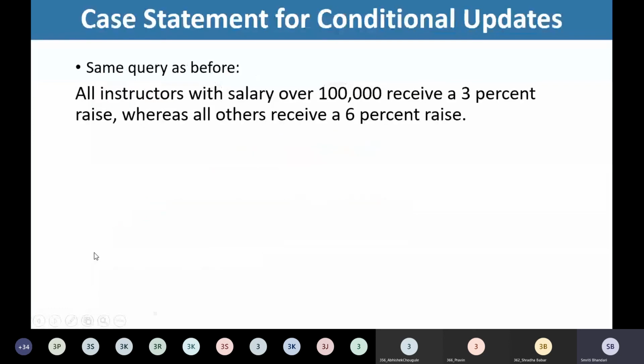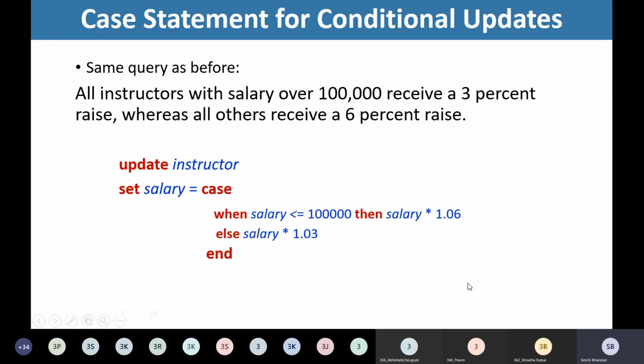The alternative way to write the same query is by making use of some other construct, and that construct that I am going to demonstrate right now is the case. If we have two different cases, like if instructors have salary greater than 1 lakh, increase the salary by 3%, otherwise increase the salary by 6%.